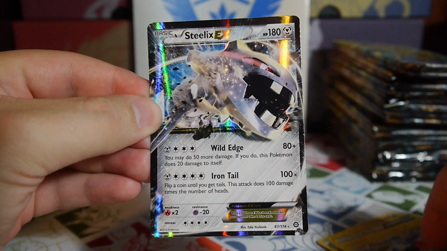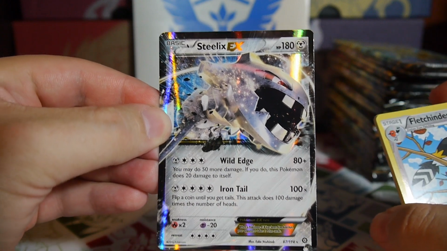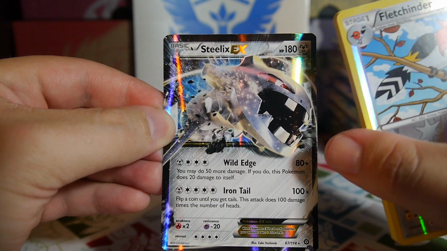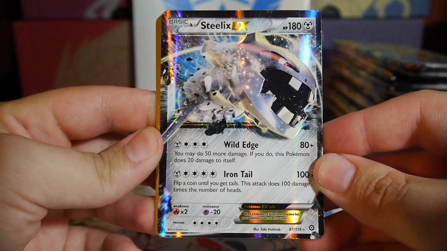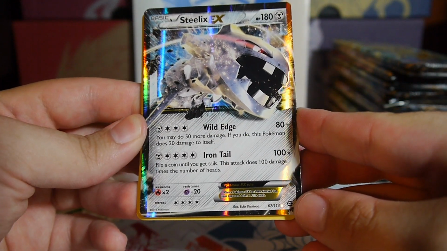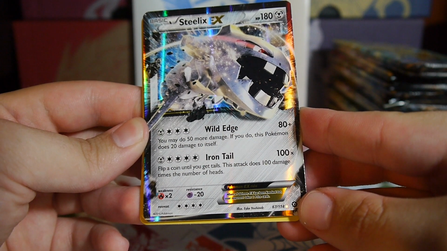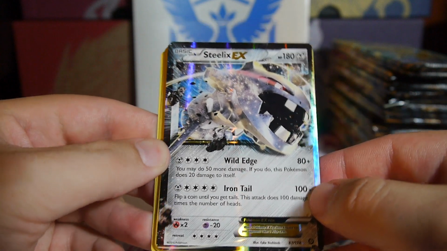Yay! Steelix is pretty interesting. I like Mega Steelix. I don't know how good it will be, but it looks neat. It is a steel and fighting type. Also is pretty neat at the very least. But here is the Steelix Wild Edge, Iron Tail. 50 more damage. If you do this attack, it does 20 damage to itself. Iron Tail, flip a coin until you get tails. The Iron Tail is actually pretty interesting with the